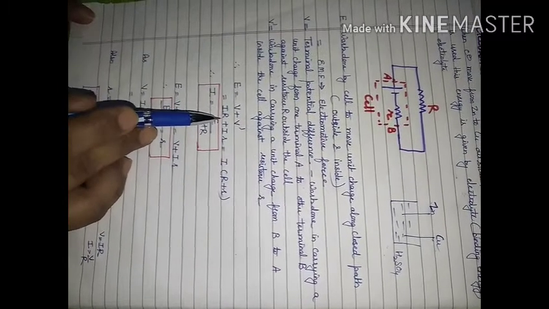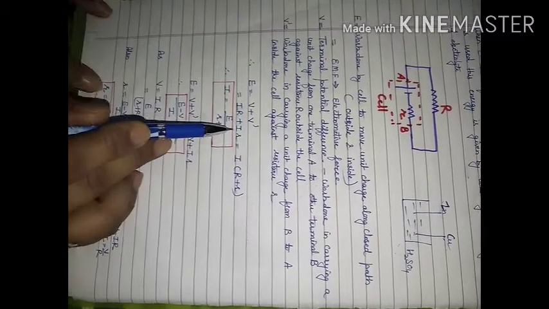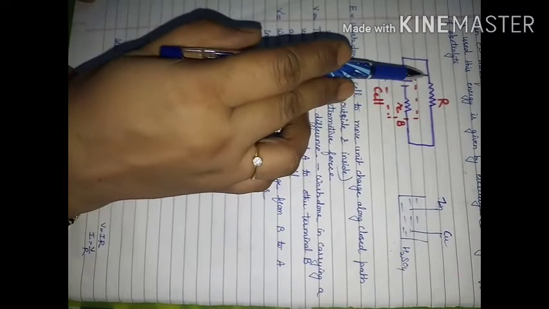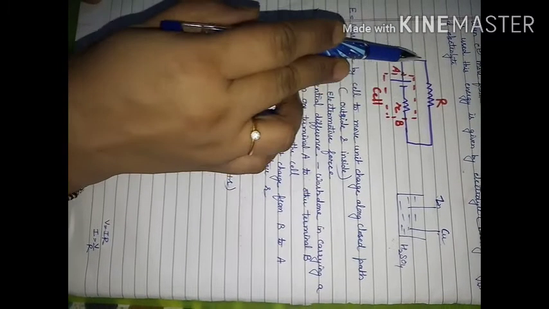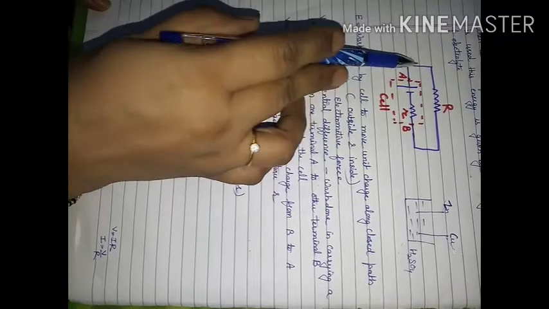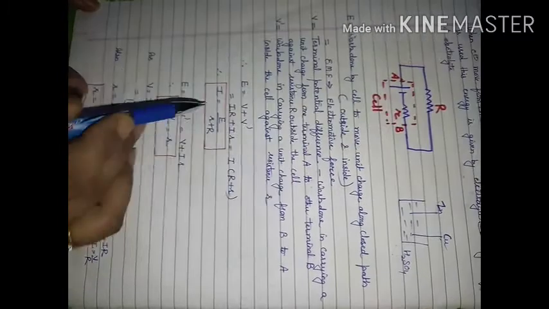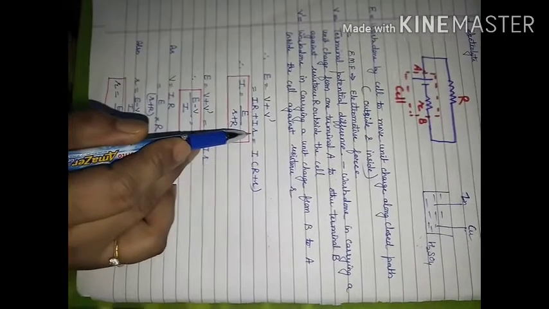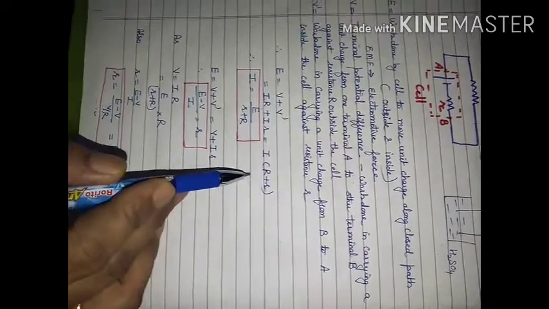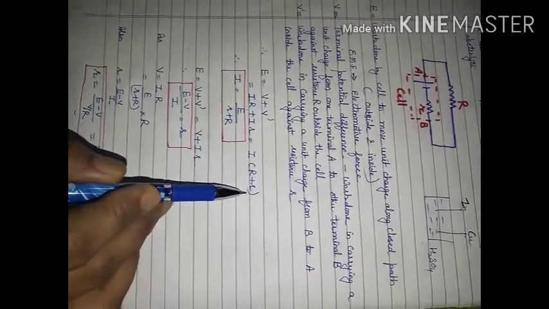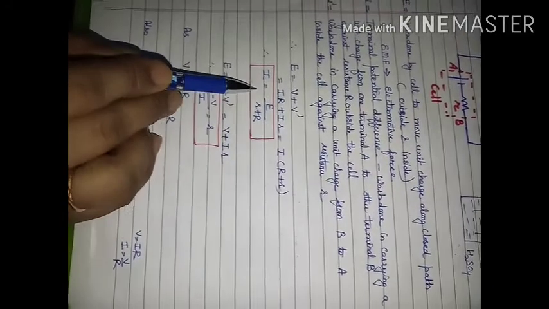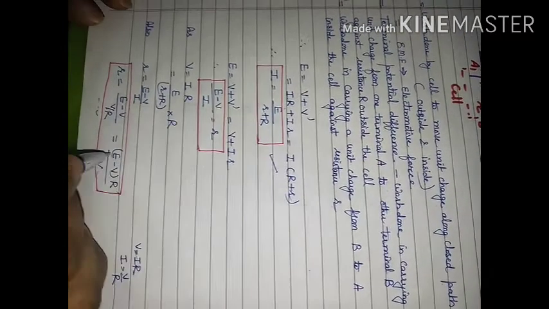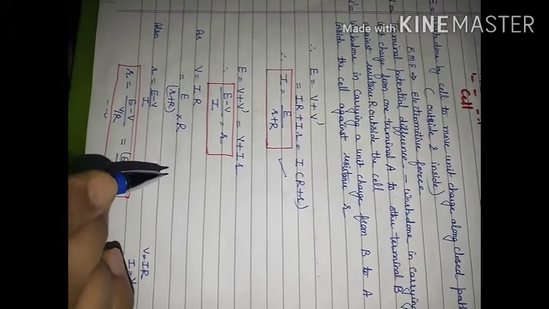V will be equal to IR, V dash will be equal to Ir. This capital I is the current flowing through this. So the potential drop from terminal A to terminal B outside will be I multiplied by capital R, and inside this will be I multiplied by small r. So I will come out, and we will have R plus r. So the expression for I will be E upon R plus r. This formula and others you can use to solve numericals.